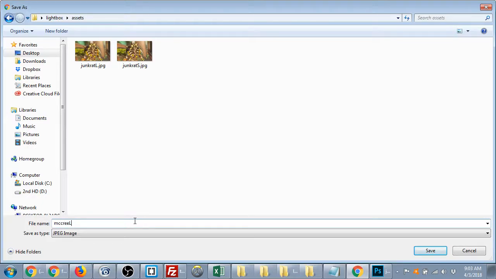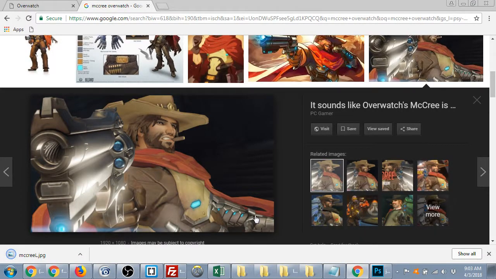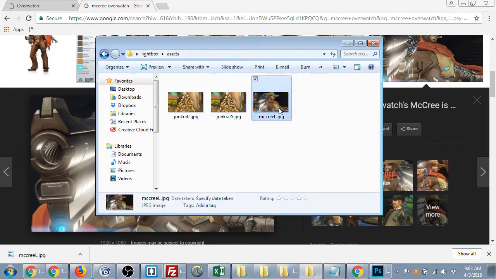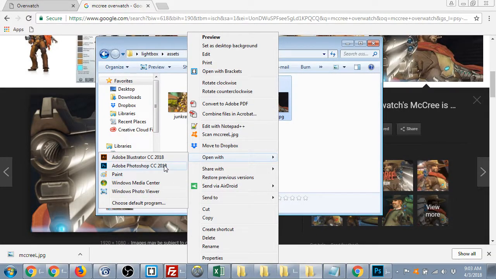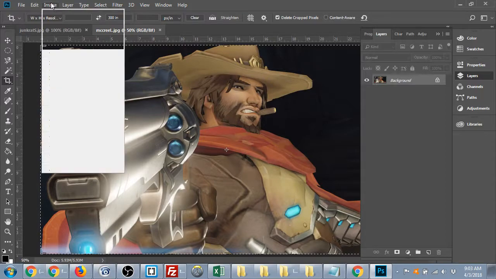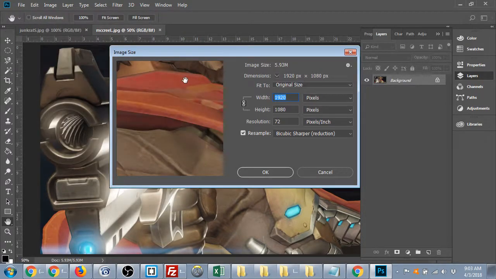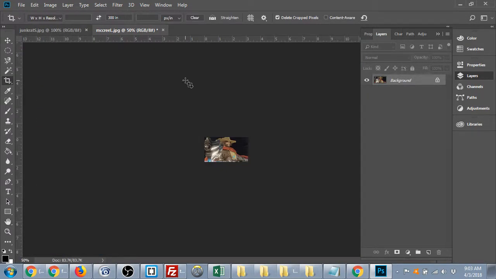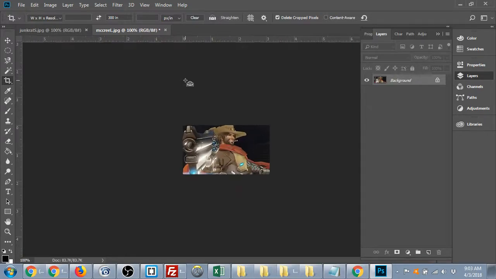So McCree large. Throw it into Photoshop. Bam. Make this smaller. We'll say under 50 kilobytes? Yeah, kilobytes for the thumbnail. For the large one, it is what it is. If it's massive, like a couple megabytes, then you probably want to